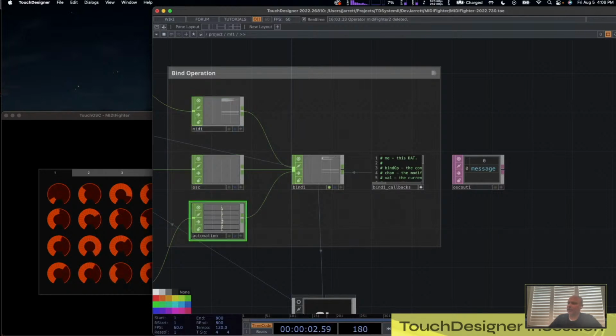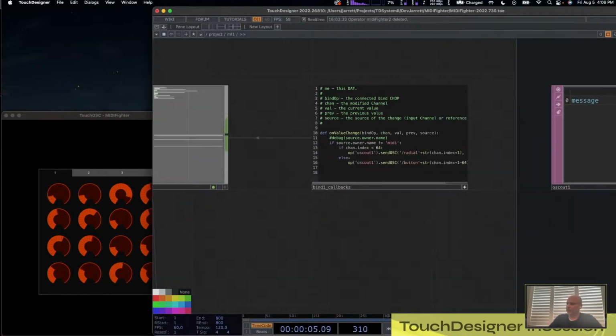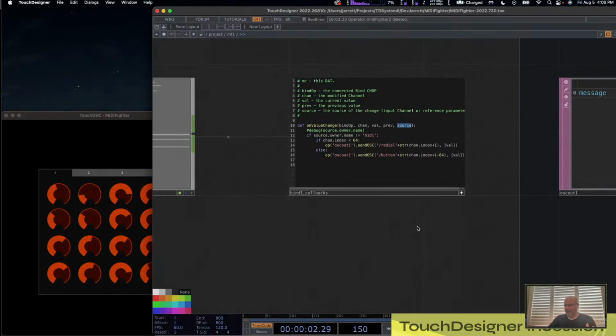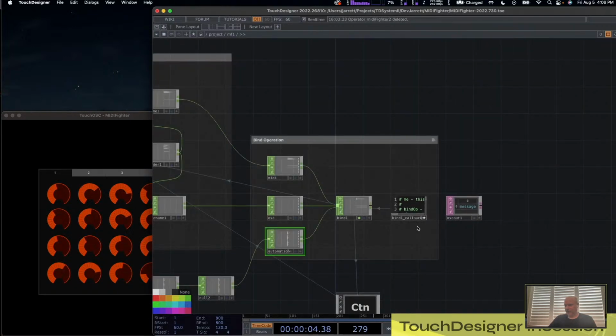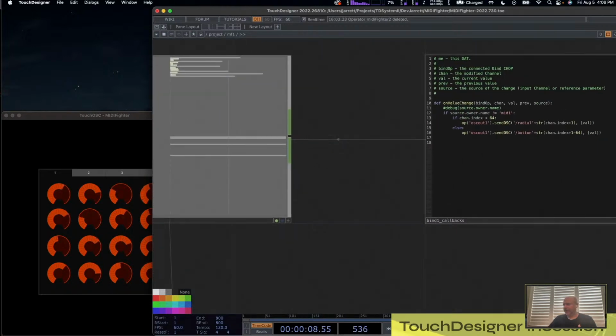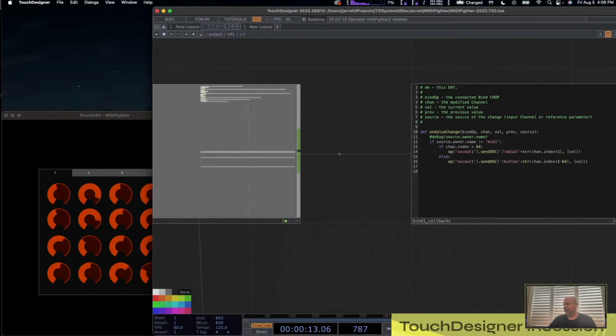What changed, the source, the name of the source, this is a component, or this is a chop. It's actually not just a chop. It's whatever changed it to the source, but it's some kind of operator. It needs to be analyzed. It needs to be looked at. So it's an operator. So I check its name, see? If the name is not MIDI or OSC,